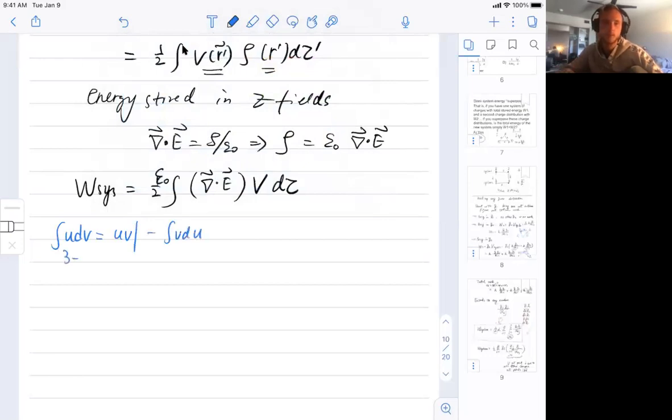Or in 3D, you can look at your textbook equation 1.59, and it's given in this format. It's going to be in a volume, if you have a scalar, and then you have divergence of some other vector integrating over d tau, that is equal to,